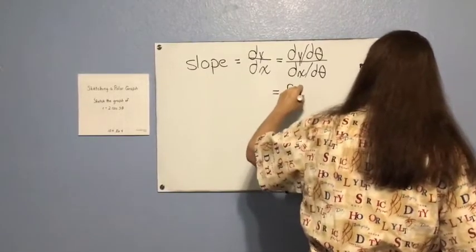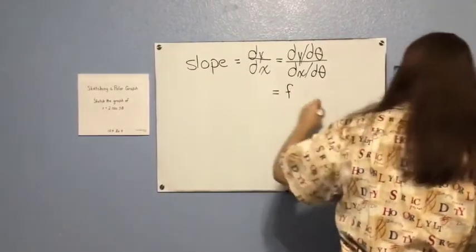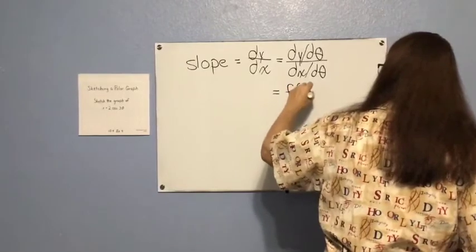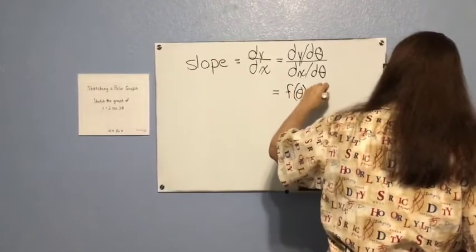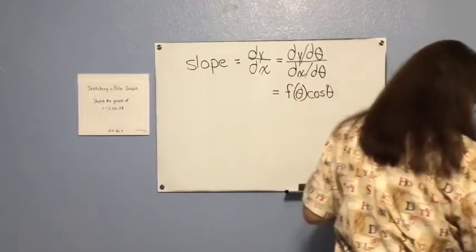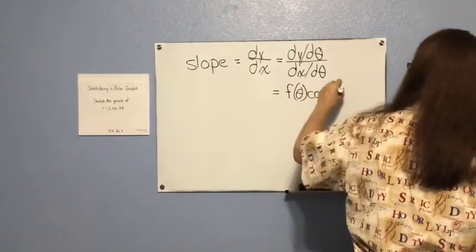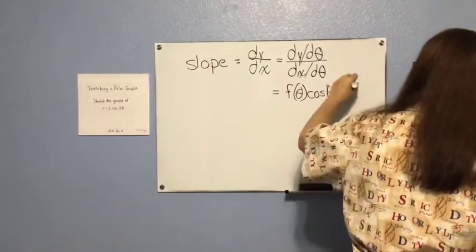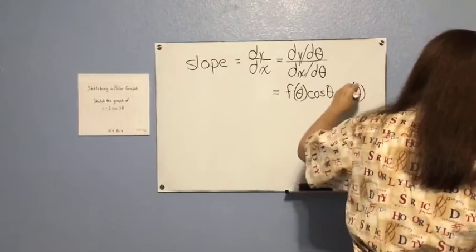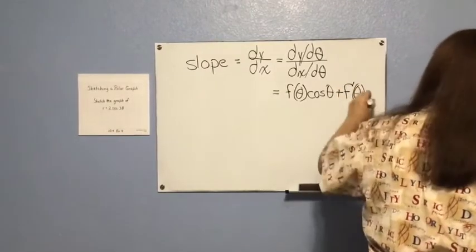Okay, so this is going to be f of theta cosine theta plus the first derivative f prime of theta sine theta